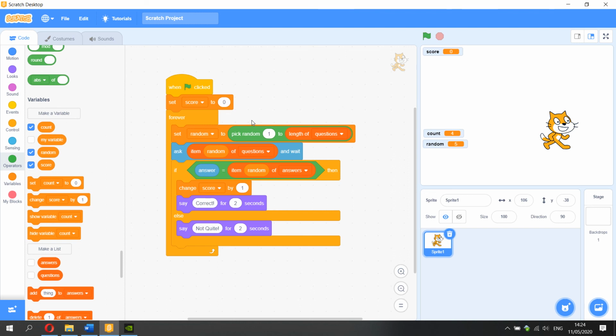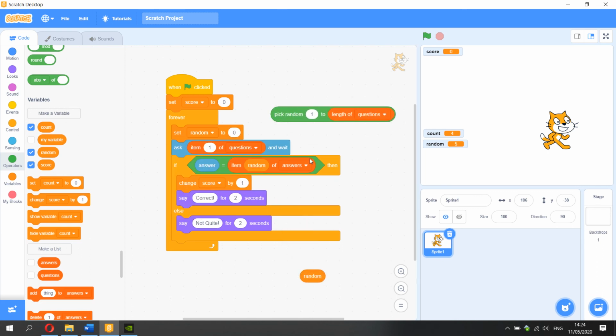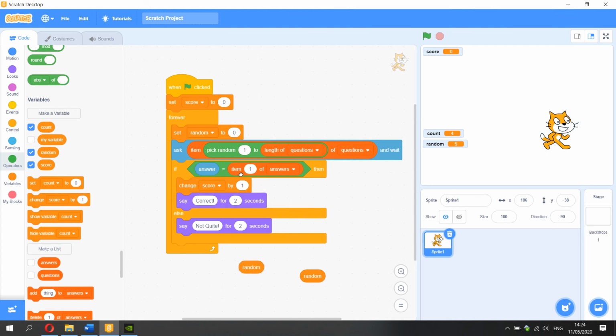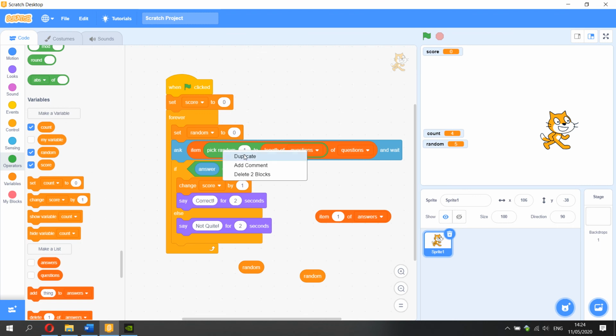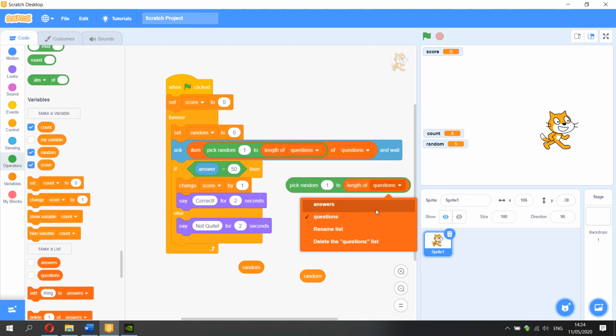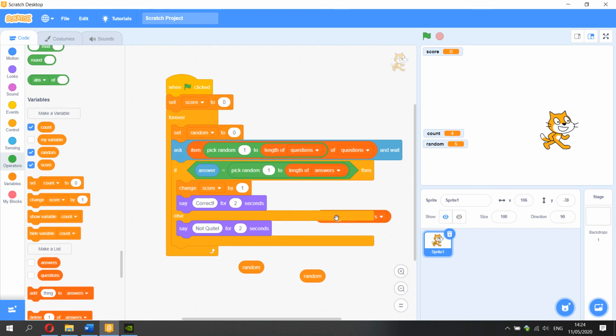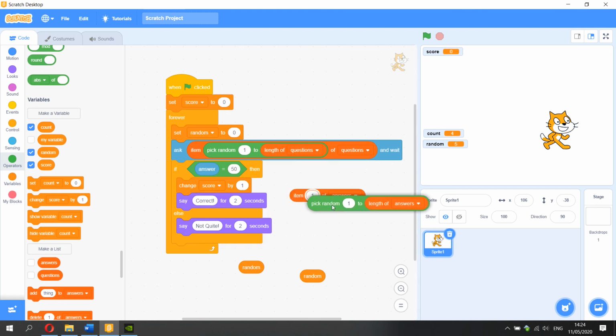And just to show you something, just so you're careful about this in future, there's a very good reason I've used the random variable. You might be thinking, why couldn't I just put "ask" and "pick random number" in there? So pick a random number and I ask that. Well, the reason I've done that is once you do that twice, oh, that didn't really matter, did it? So in there,